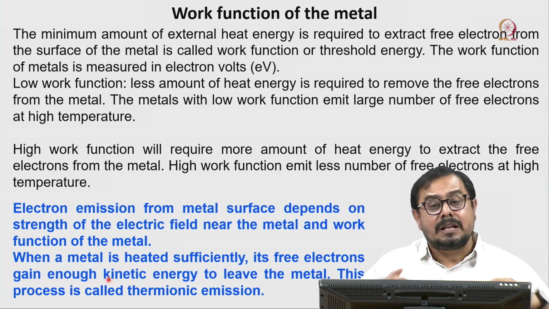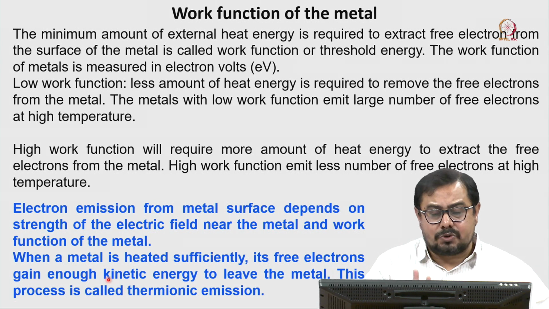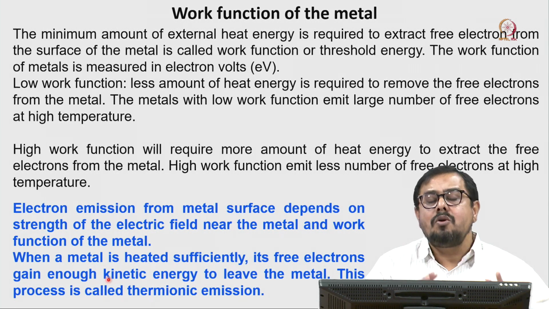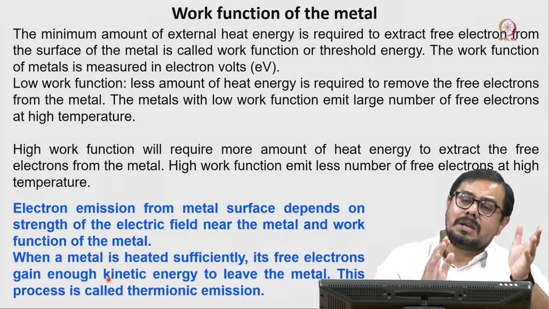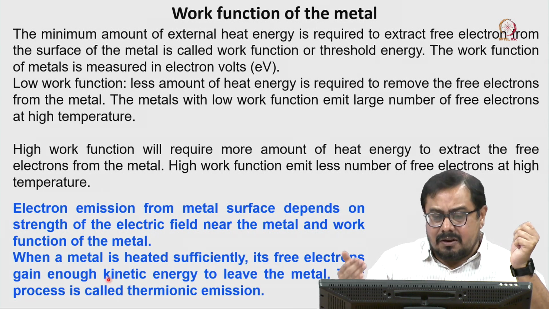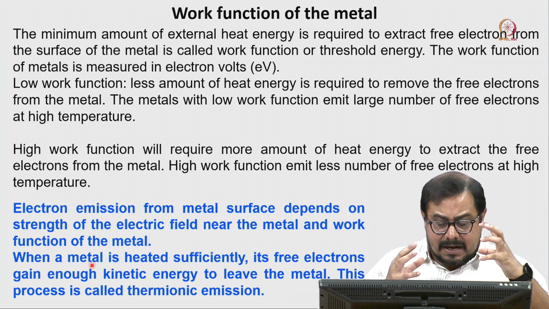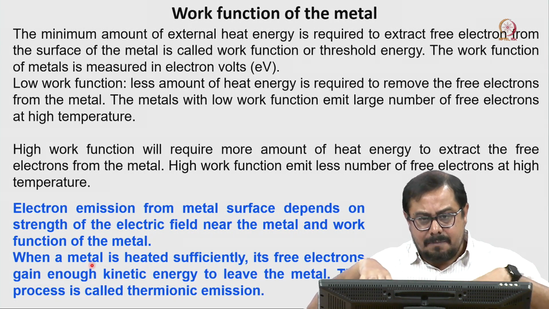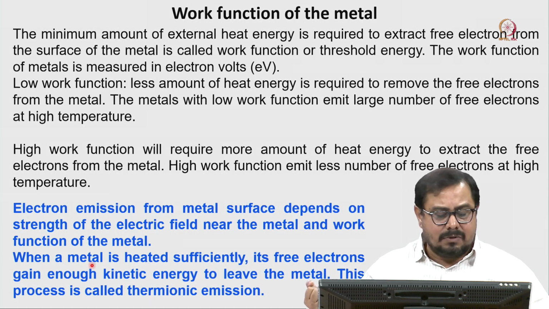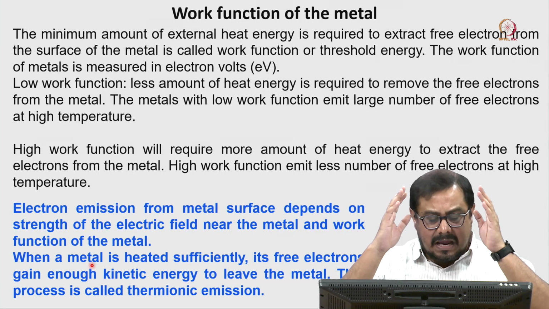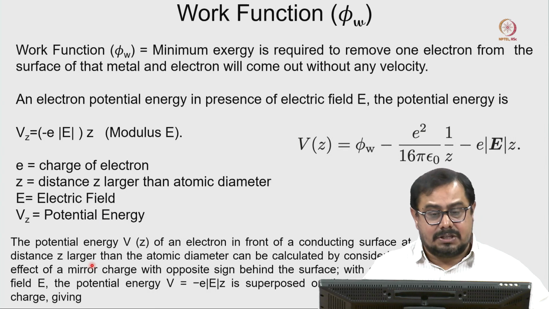This process is called thermionic emission, because if you remember what I told first, there are two types of electron gun we are talking about. One electron gun is called thermionic emission, and the other electron gun we are talking about is the Schottky filament and field emission gun. So, when we are heating the metal, what is happening? There are free or loosely packed electrons, they are gaining enough kinetic energy, and when they have enough kinetic energy, they will leave the metal. So, here we are using heat energy to remove the electron from the metal. That is the reason it is called thermionic emission.